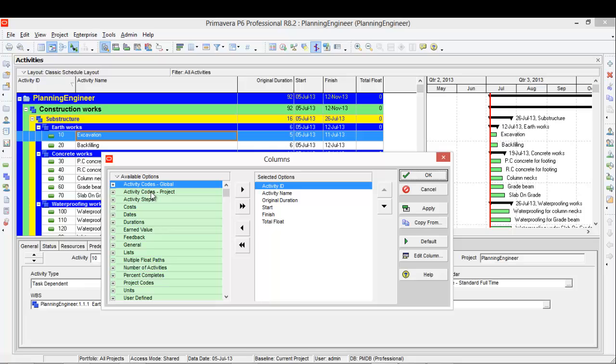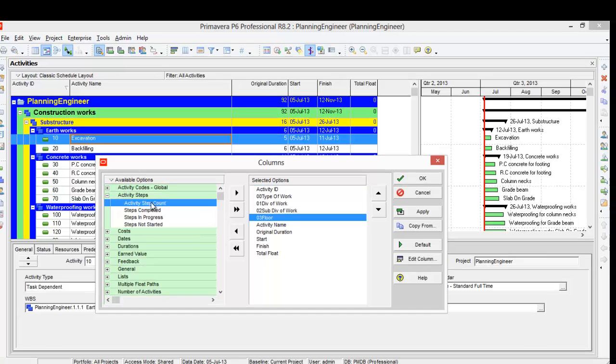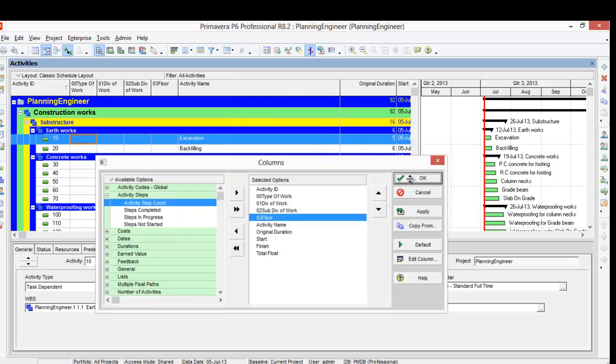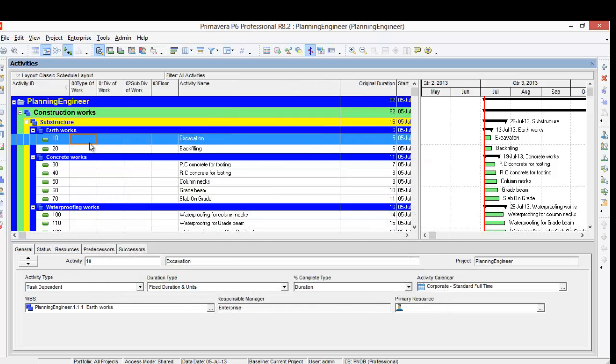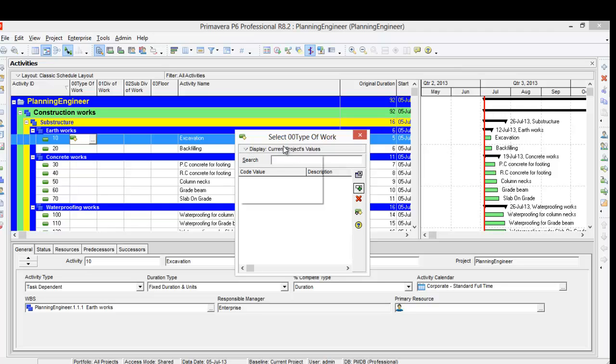So from the activity codes, we need to show our codes here to start assigning all of them. Okay, the first one, type of work, to display filter by, I'll choose all values.